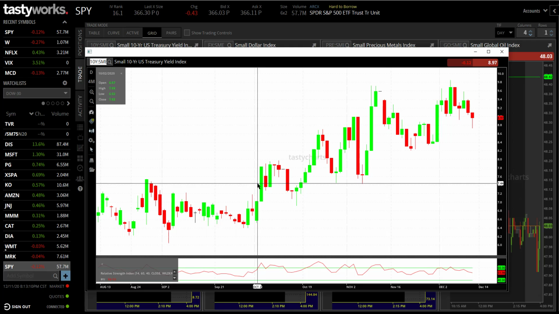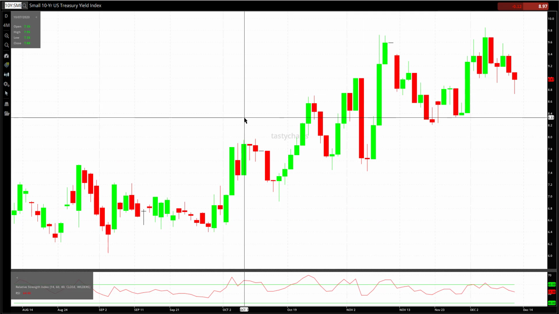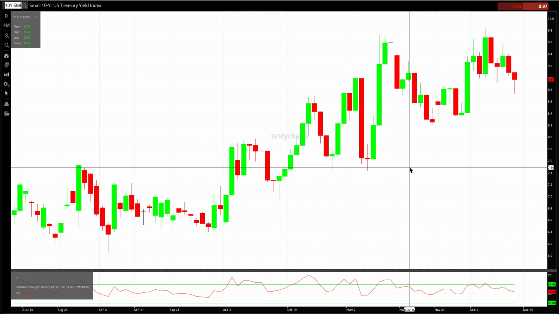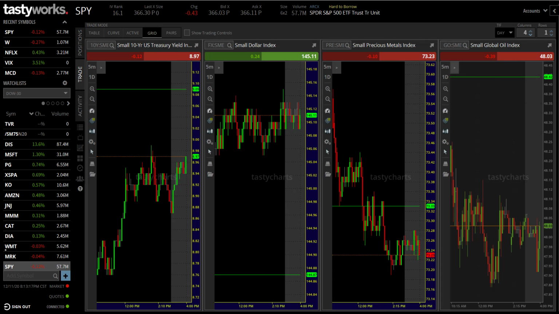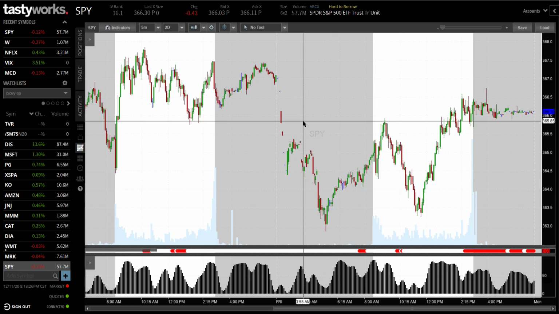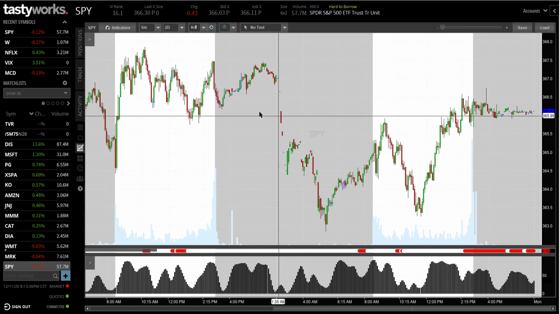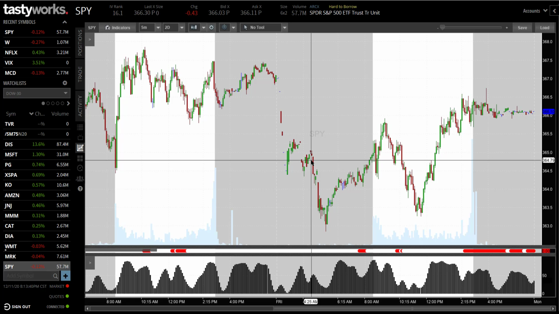You can also go in and detach an individual chart, so I can always have this individual chart set up and on its own screen. That way I can do whatever work I want to do over on that chart and still have a chart free here to be able to go in and see what's going on. Now, these charts all don't link together like they do on a lot of other platforms. So if I want to see SPY, for example, on the chart that I detached and on this chart, I would have to go in and change it on both. But,